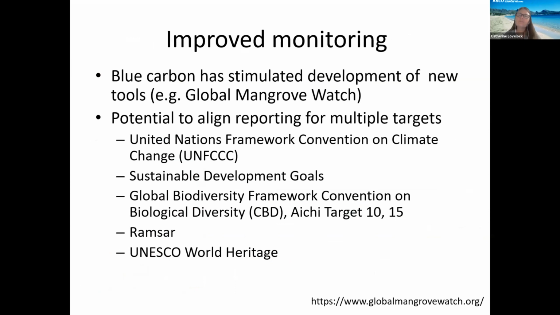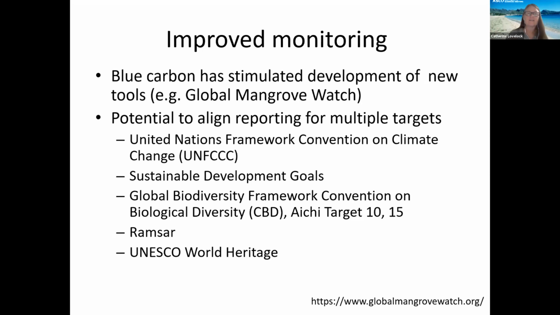And finally, I think there's room for improved monitoring, and we really have seen some huge developments in this space. So I think blue carbon has contributed to the development of some of these new global tools for monitoring coastal wetlands, for example, the Global Mangrove Watch, which now produces a state of change map every year. And I think blue carbon offers us the potential to report on multiple targets. So countries report to the UNFCCC on the mitigation that has occurred. But there's a great opportunity to really align those with reporting for the Sustainable Development Goals, the Aichi targets, Ramsar, UNESCO, and other frameworks that have